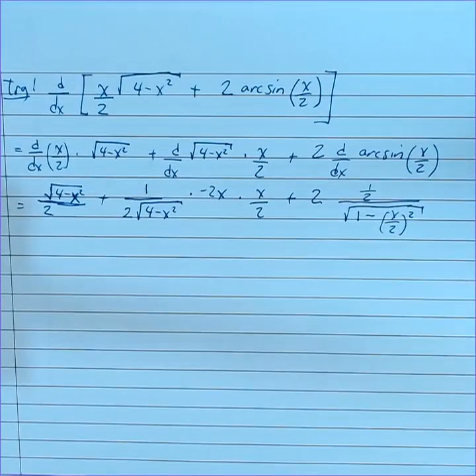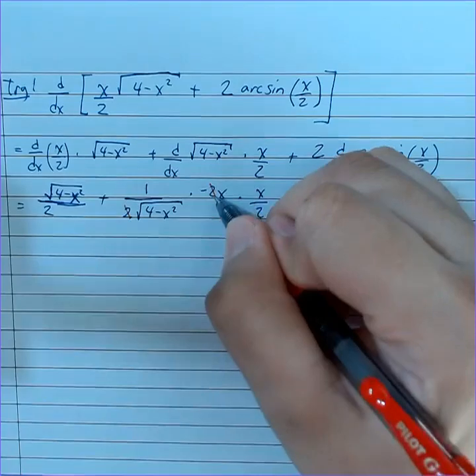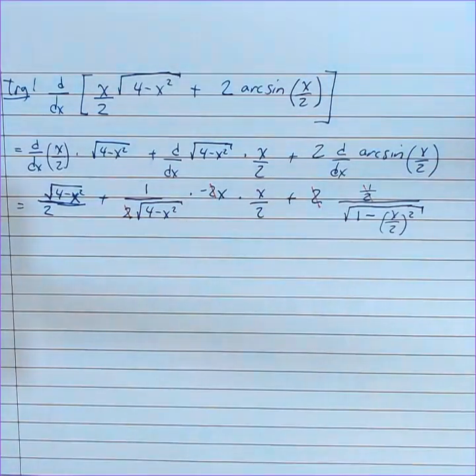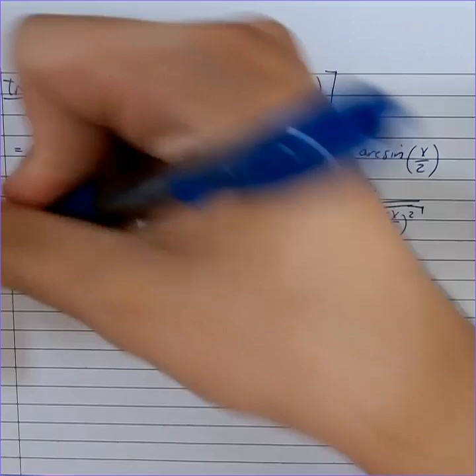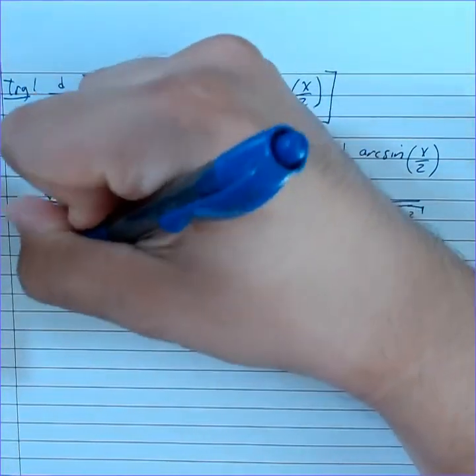So now we have some algebra to simplify here. So let's see what we can simplify. All right, well, let's see. First of all, these 2's divide away. And here, half of 2 divides away. All right, so far we have square root of 4 minus x squared over 2